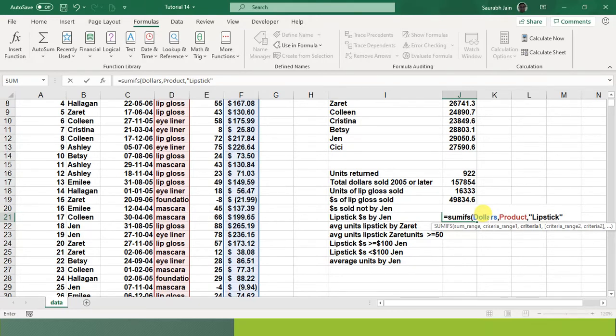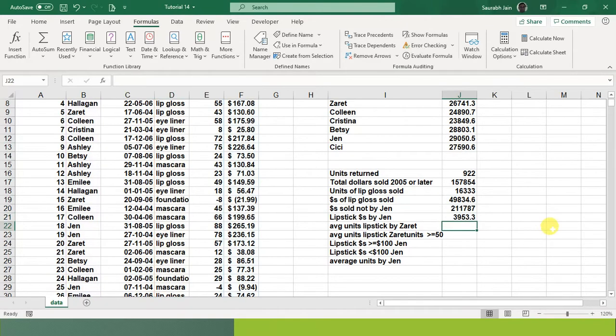Lipstick, comma. Name has to be what? Zen. So now my other criteria is name, comma, inverted comma, Zen. Now if instead of named ranges we were using cell ranges, we would have to select again. So it's quite easy if we name our ranges. Fine. And so here we get the answer.